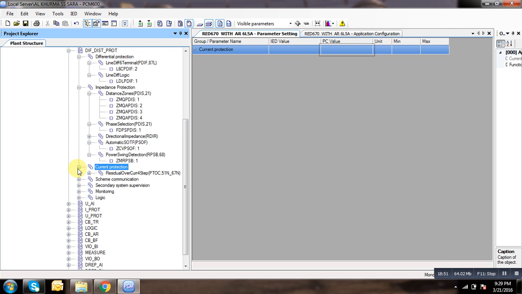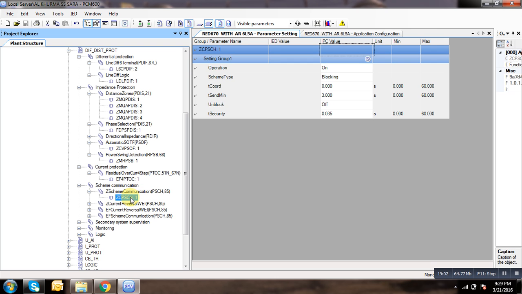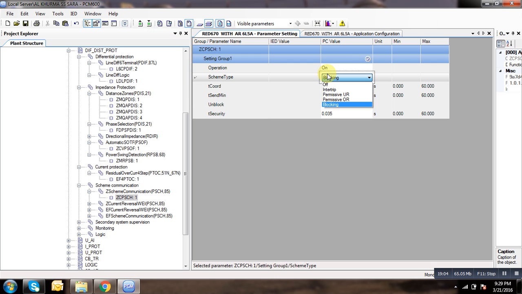You know, here minimum schemes will be there. So like see this for blocking scheme. See here permissive underreach, permissive overreach, blocking scheme is also there. Like permissive underreach means, like see if a local in any fault will be there. So if a fault will sense the fault, so remote and send the signals. So this is send logic. It will be trip logic will be also there. If any fault will be there, even remote end also same sending a fault, it will be send the carry receive. So zone 2 plus carry receive, that time it will be breaker will trip instantaneously, because normally zone 2